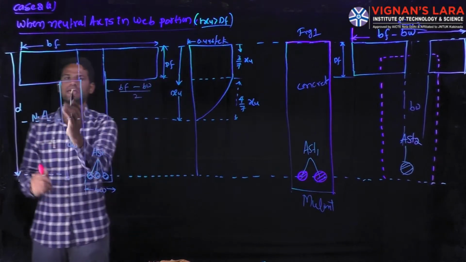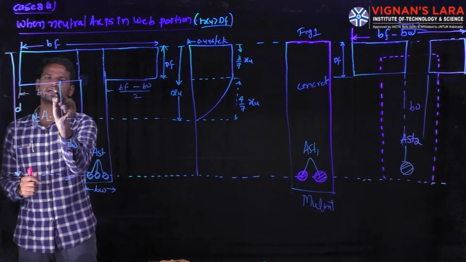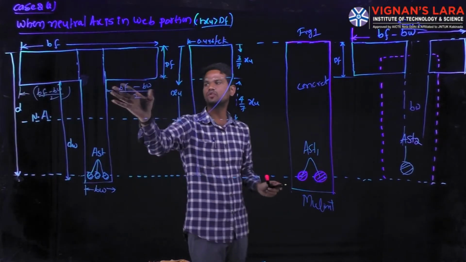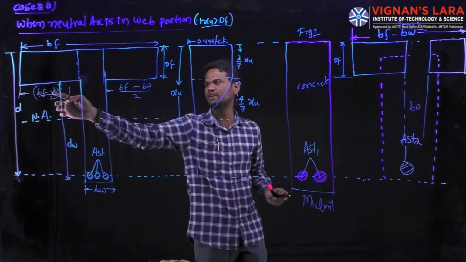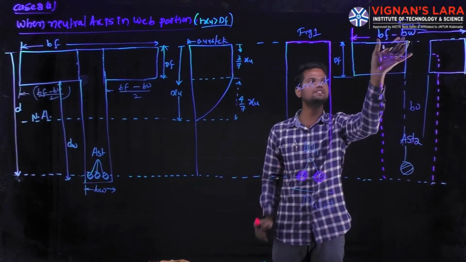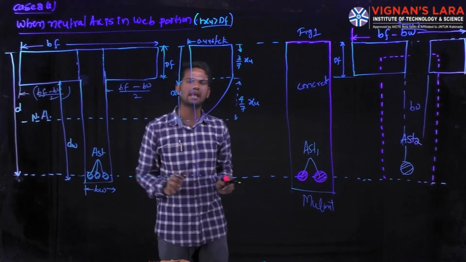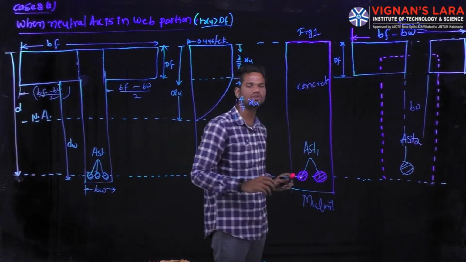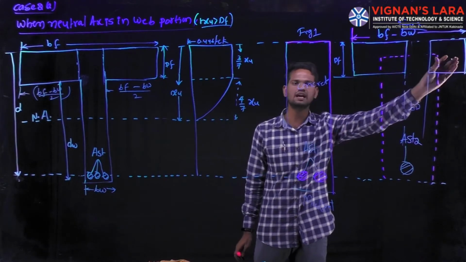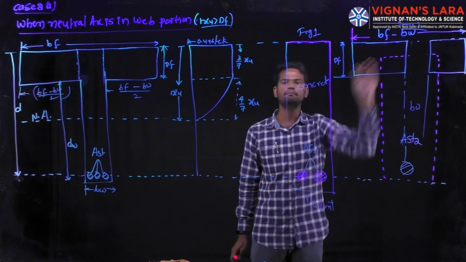We have this side also, and this half width can be calculated as bf minus bw divided by 2. If you take both halves, you get 1, that is bf minus bw. This is the total width of the flange bf minus bw, for the regular web portion. After calculation for the beam, we have the remaining portion that much. If you see here, this is one flange portion, this is the second flange portion. In total we have the flange width of bf minus bw.